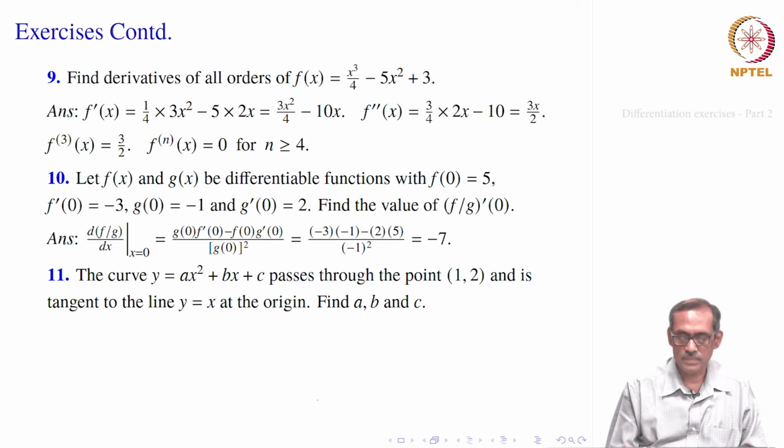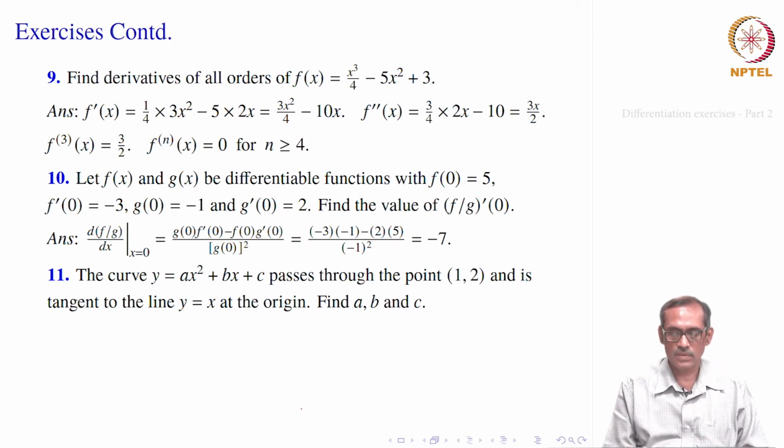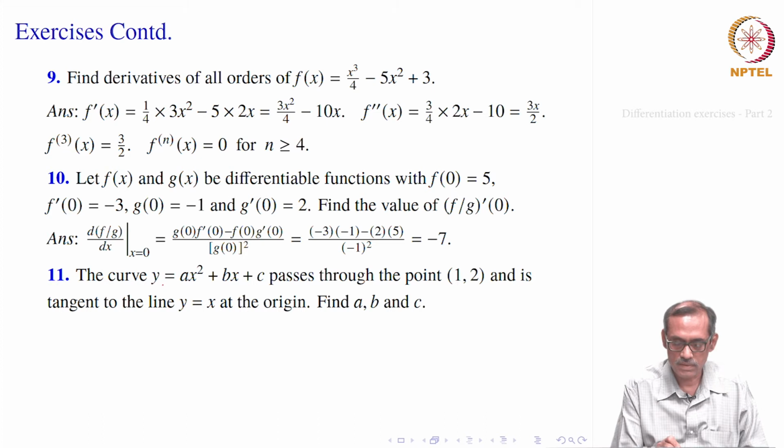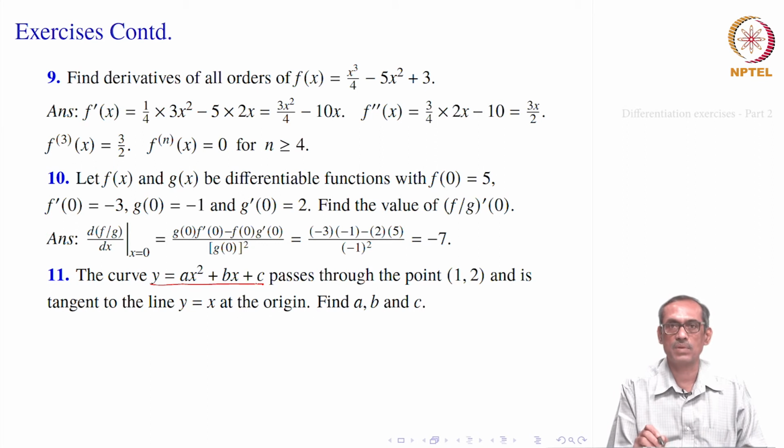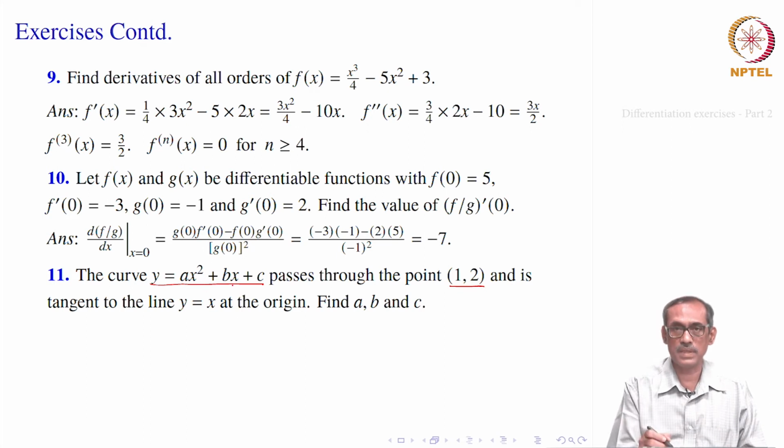We go to next problem. So, here we have a curve, of course, it is the equation of a parabola. So, y equal to ax square plus bx plus c, it is known that this curve, given by this function y equal to ax square plus bx plus c, passes through the point 1, 2. So, that means a, b, c, though you have written symbolically, they have some certain values. So, for those values, we know that it passes through 1, 2.